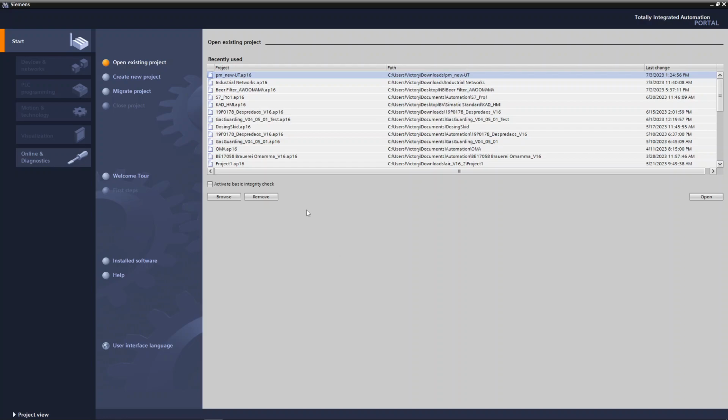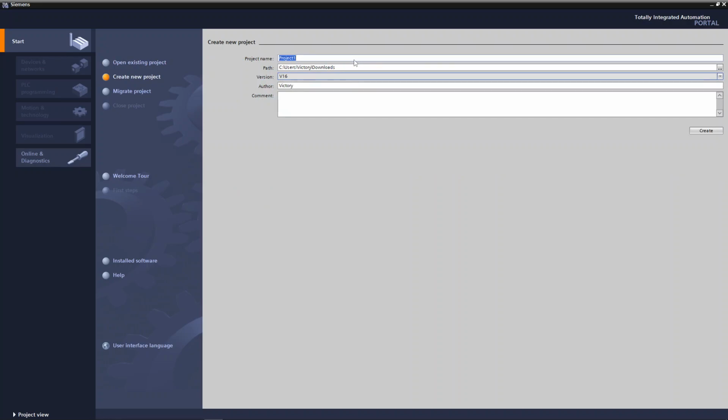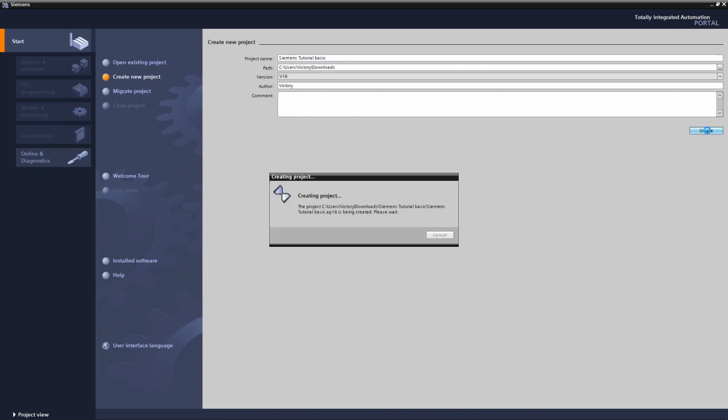So the first thing we want to do is create a new project. Call it Siemens tutorial basic, and click on create. So this is TIA Portal, and this is version 16 that I'm using for this tutorial. It's loading, takes a bit of time, but